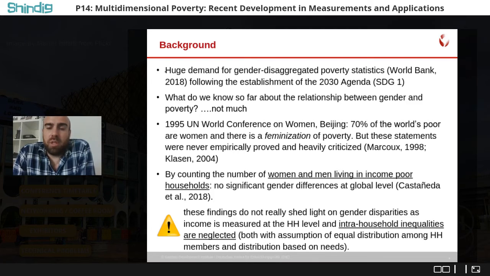And what has been found by using this method, in a recent paper by Castañeda et al. and colleagues at the World Bank, is that by counting just men and women in income-poor households, there is no significant gender difference at the global level. So the share of women and men in income poverty is more or less the same. In the next slide,